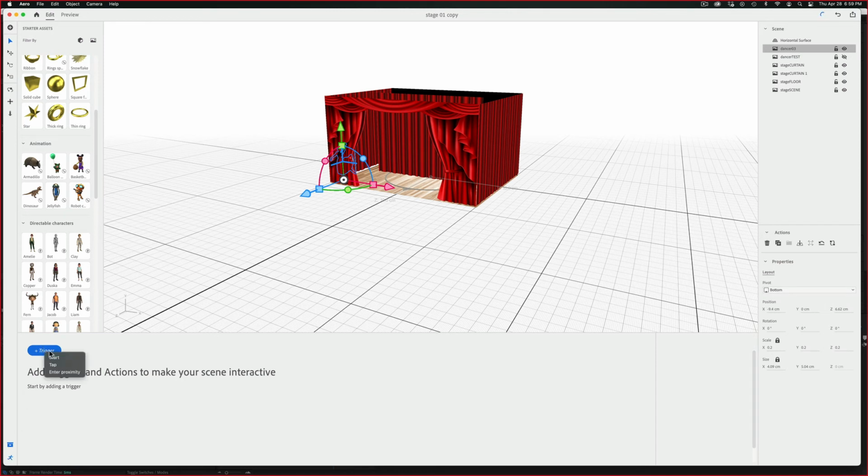And let's do a tap for this one just to try a different type of trigger. Though I also encourage you to do enter proximity. That's just not something I can demonstrate on my computer. And then I'm going to do an action. And actually, even with this, start would really be the best one for this since we can't see them initially, but bear with me. We can also change this at any time by clicking this drop-down menu when that is highlighted. So I'm going to do a move,